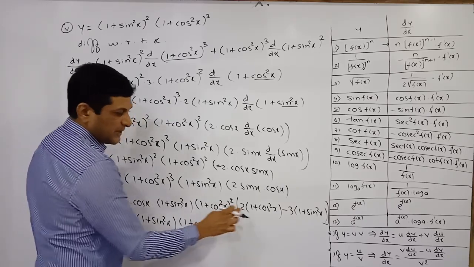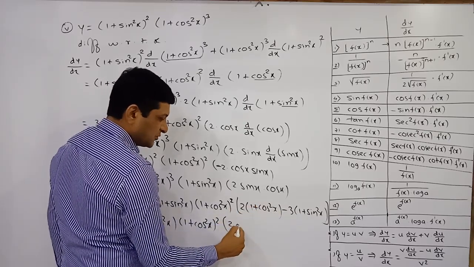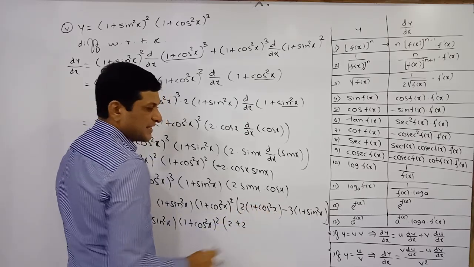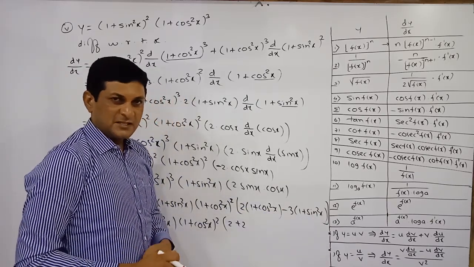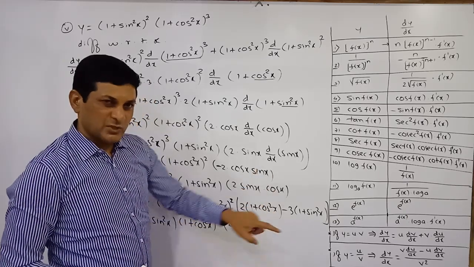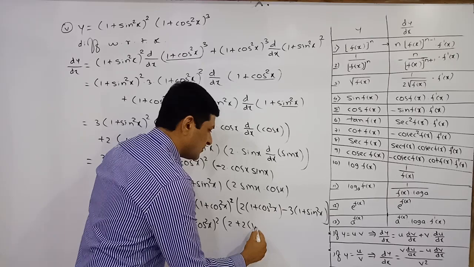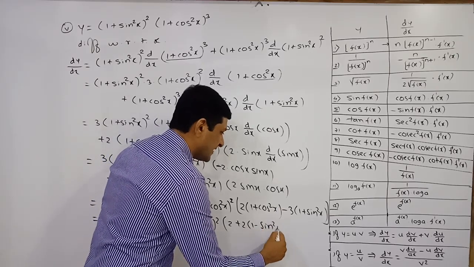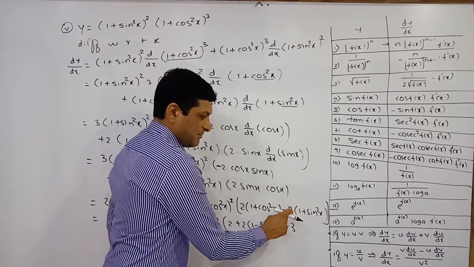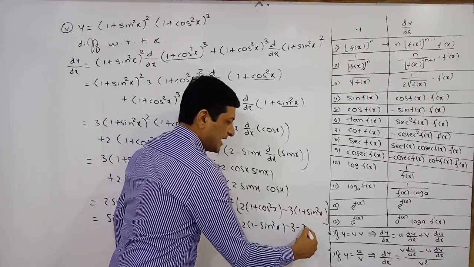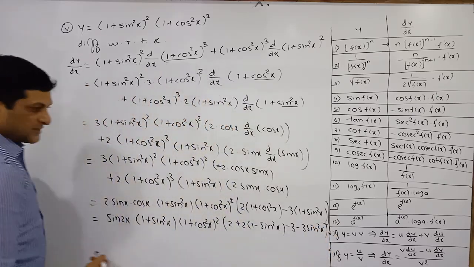Now I am multiplying by 2 to both terms in this bracket. 2 into 1 is 2, and 2 into cos² x is 2 cos² x. Here a term of sin² x is there, so it is better to convert cos² into sin². Multiply by 2 cos² x, but cos² x can be replaced by 1 minus sin² x, and minus 3 into 1 is minus 3. Minus 3 into sin² x is minus 3 sin² x. So it equals: